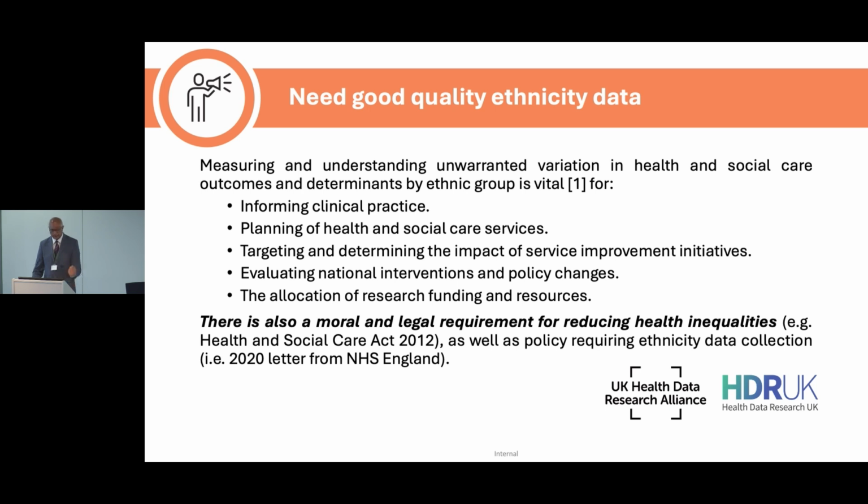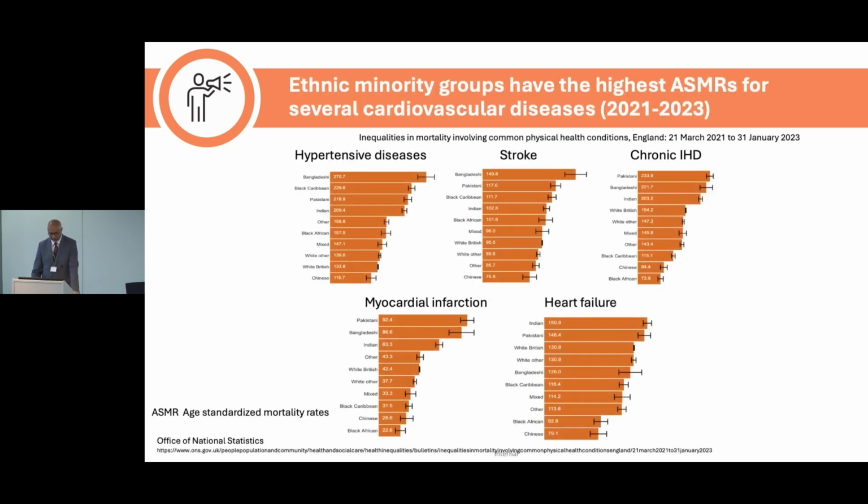And because we had such good data, COVID was there in Hong Kong, China, Italy, well before us, but they didn't have the data. It was us in the UK who alerted the world that there were issues here with certain populations. And then we can use these data for allocation of research funding as well.